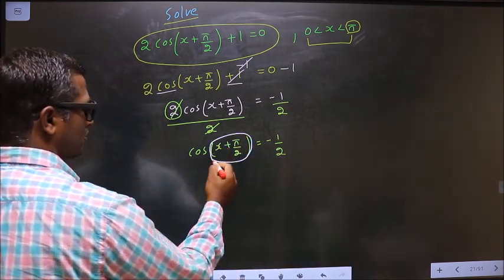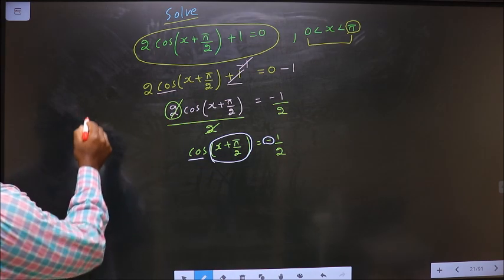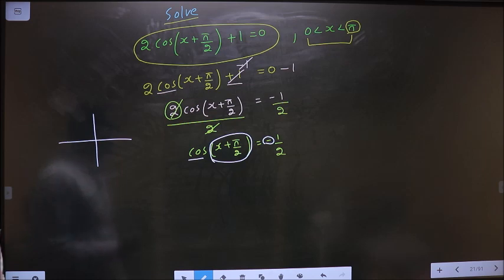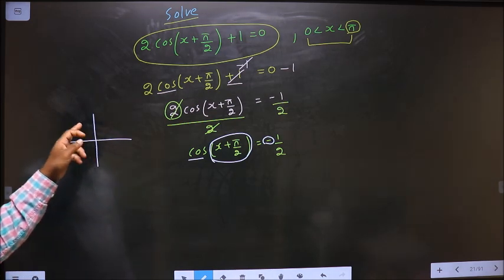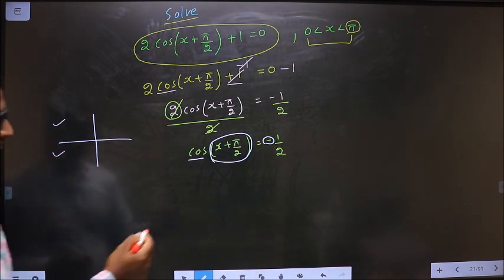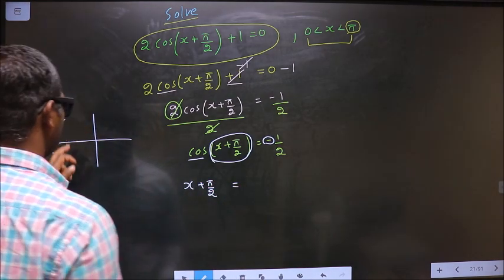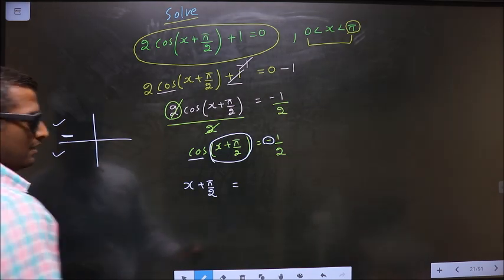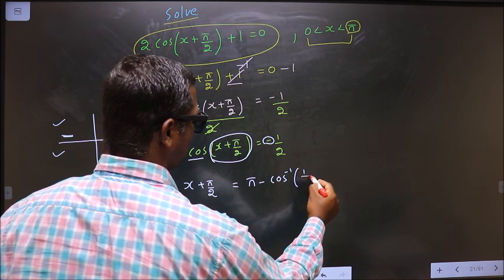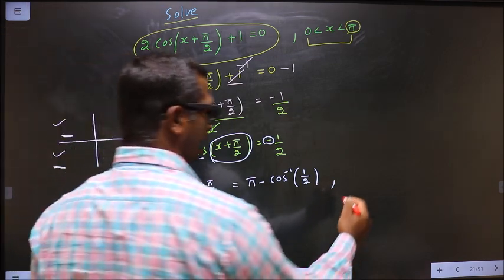Now to get the values for this, here we have cos and it is negative. So now you should check in what all quadrants is cos negative. It is All Silver Tea Cups. Cos is negative in the second and in the third. So now x + pi/2 equals, to get an angle in the second quadrant, we should do pi minus cos inverse 1/2. To get an angle in the third quadrant, we should do pi plus